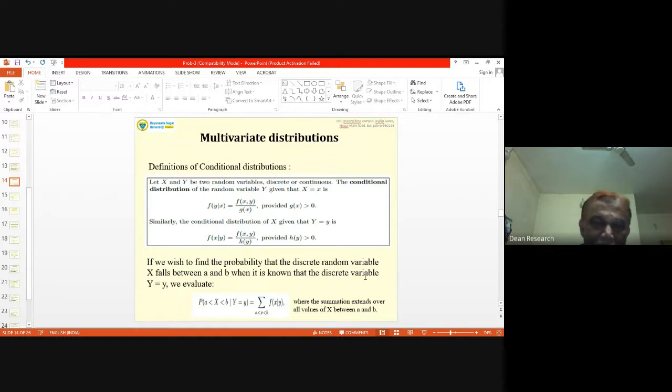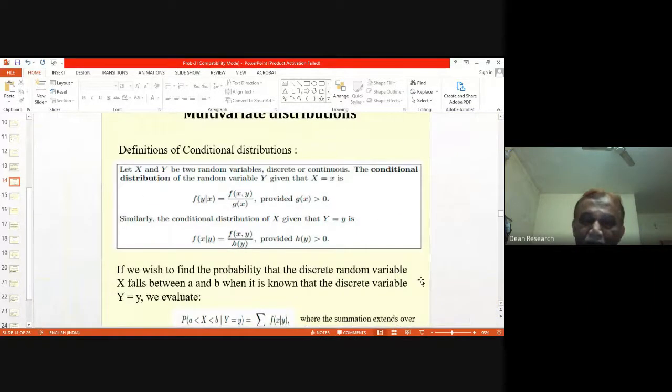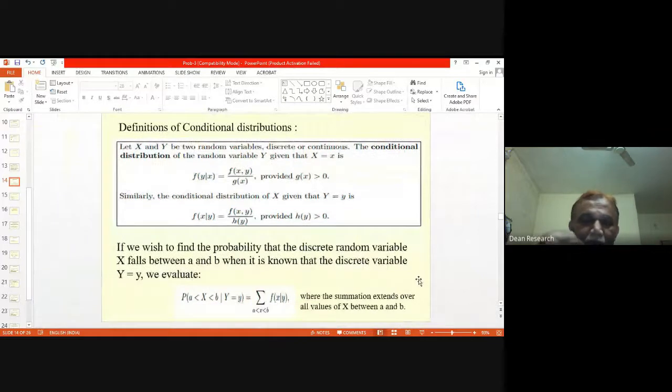In fact, now in this slide, you will find the probability of A less than capital X less than B given Y is equal to small y. Meaning one event by name...